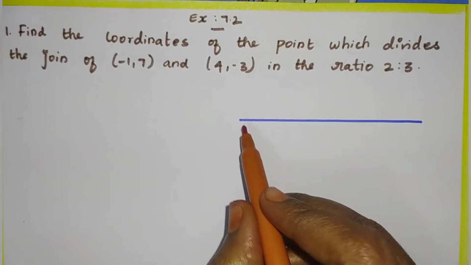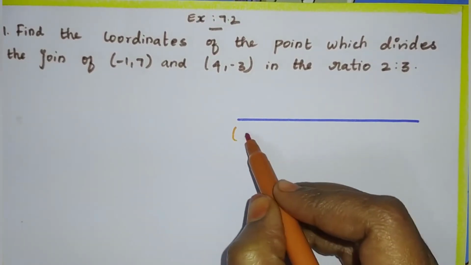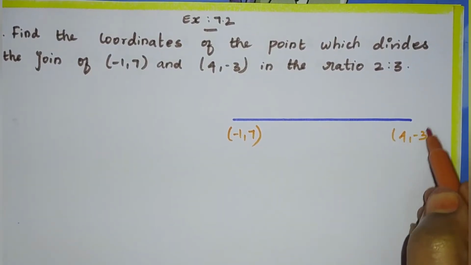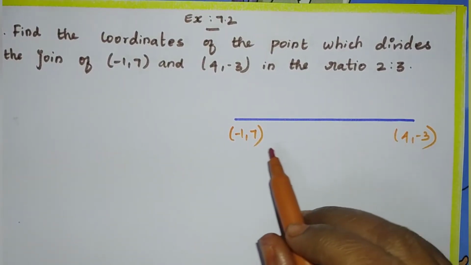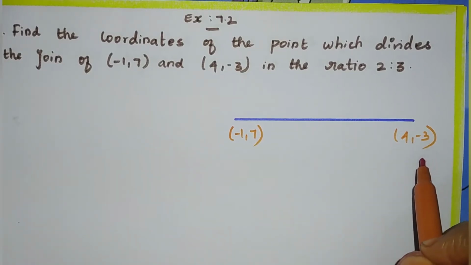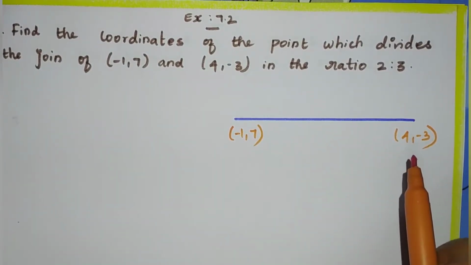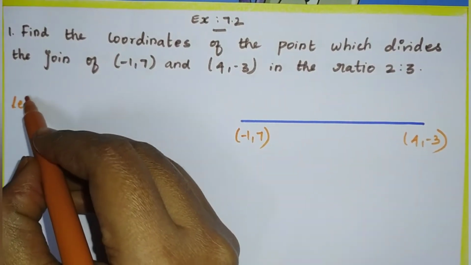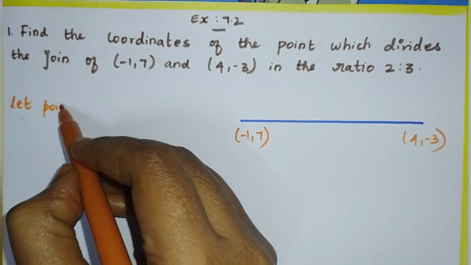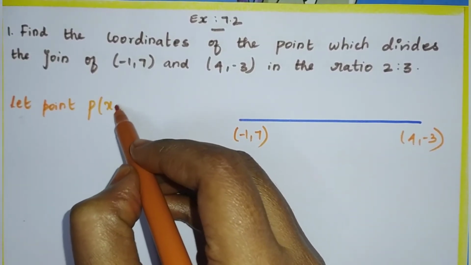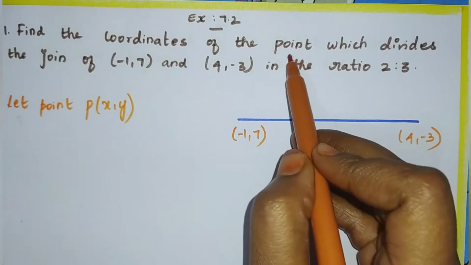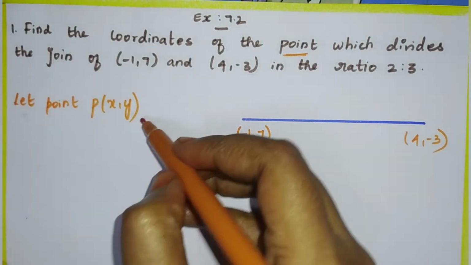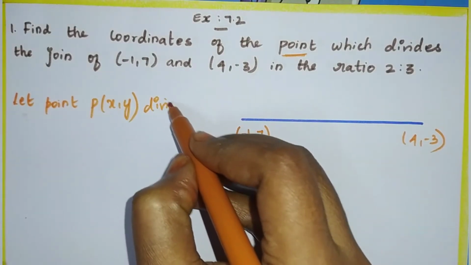First, I'm going to mark the two points here, -1, 7 and 4, -3. Let the given points be -1, 7 and 4, -3. That point, let point P of x, y, that point only we are going to find. Let point P x, y divide